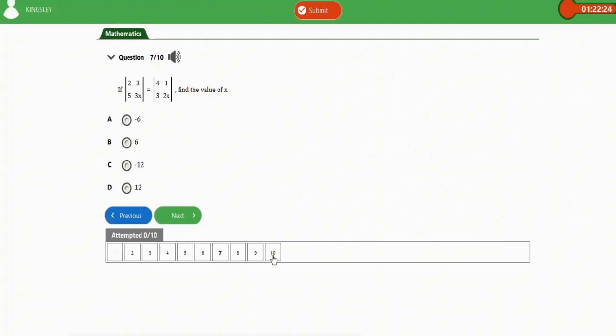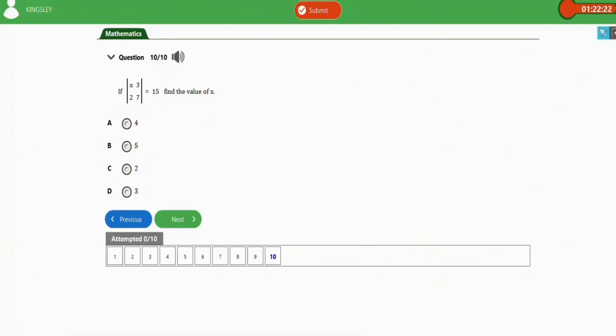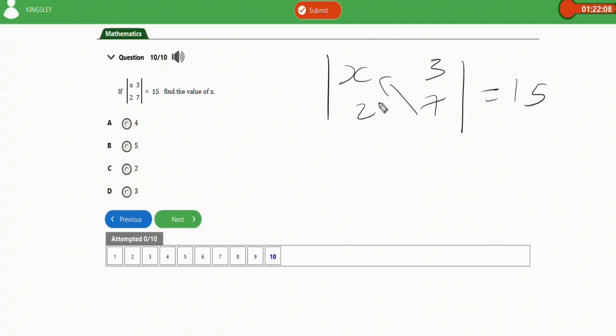So guys, for the last question we have this. Okay, this question is also very cheap. It says if this equals 15, find the value of x. So this is a question x, 3, 2, and 7 equals 15. So as usual, this will times this and this will times this. So 7 times x will give us 7x, and we have minus 2 times 3 will give us 6